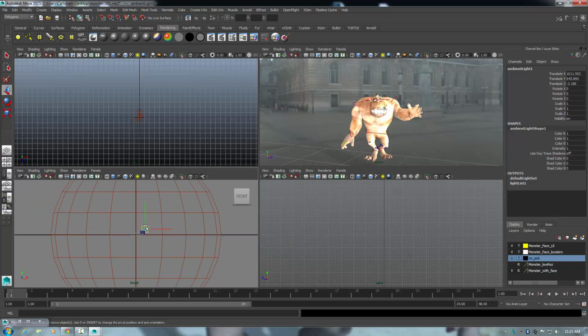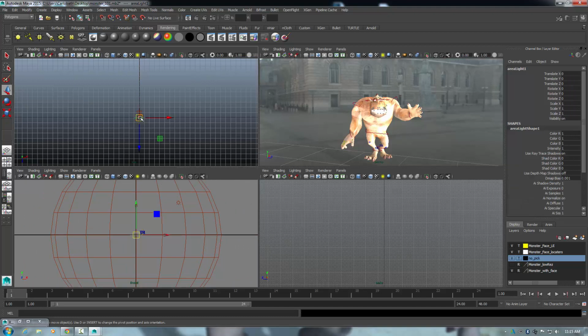This is the dome. There is a tutorial online on how I did this, how to set up indirect lighting. Now I'm going to rotate this like so, and as you can see it gets sunnier, so what I want to do is try and sort of come this way,